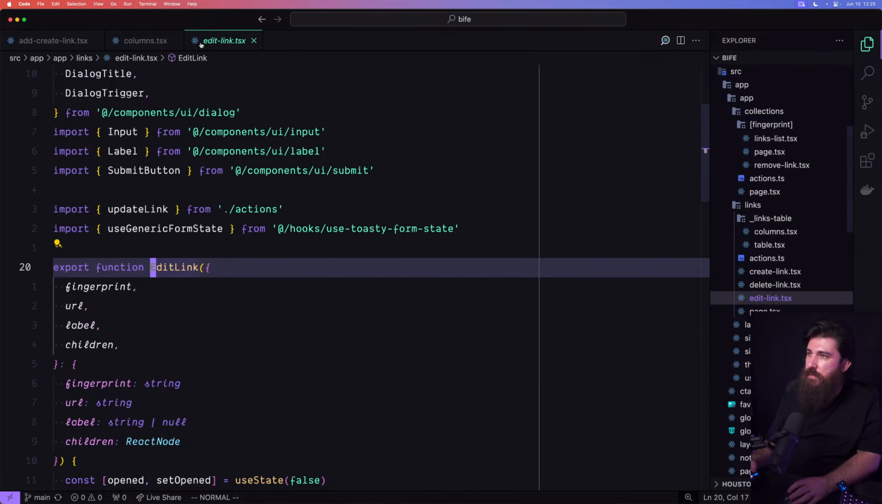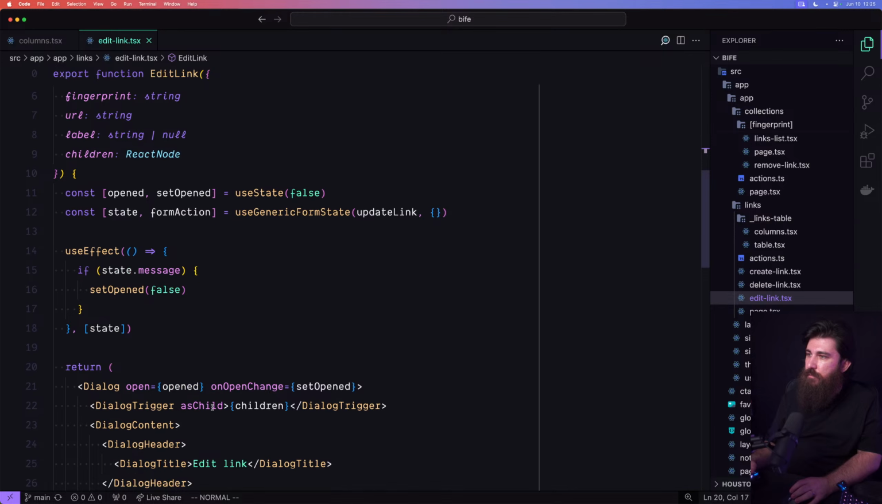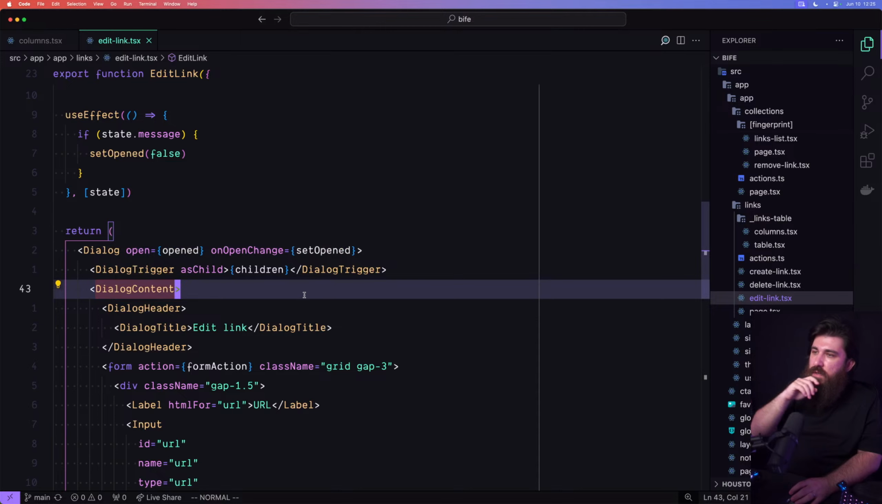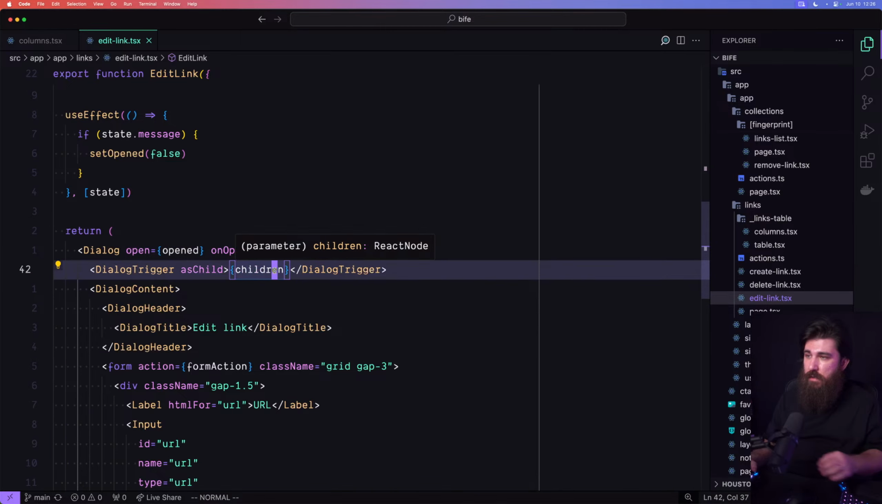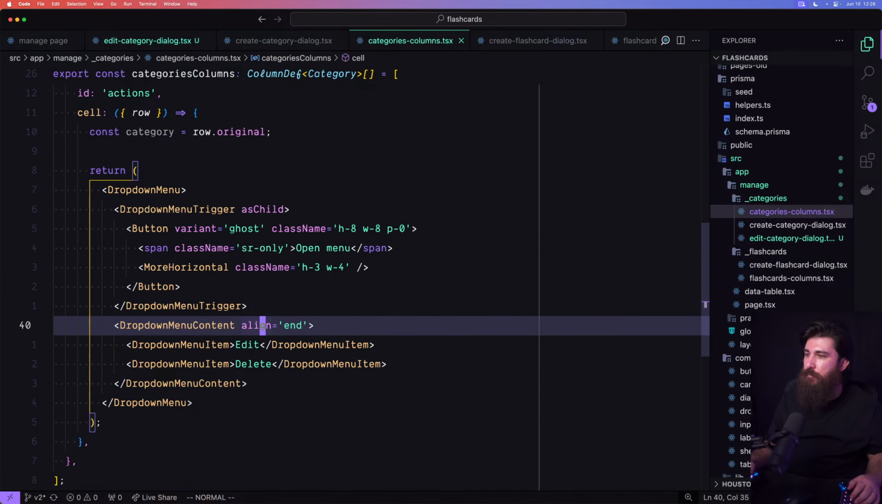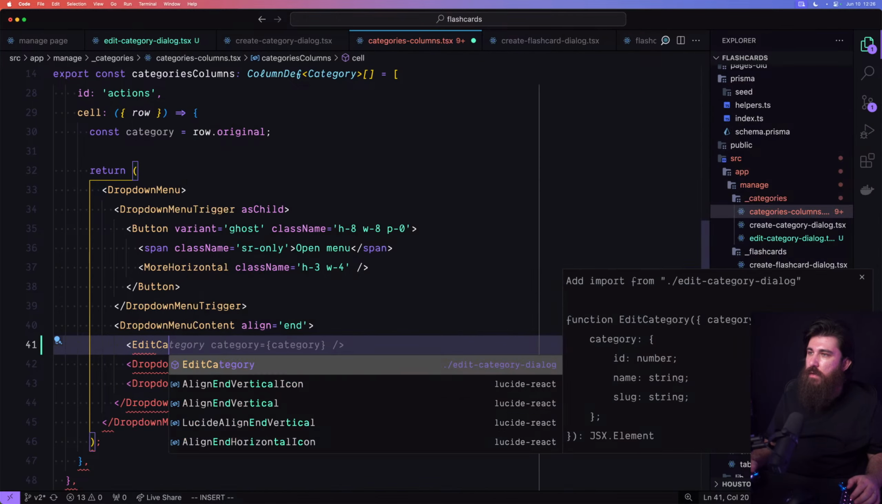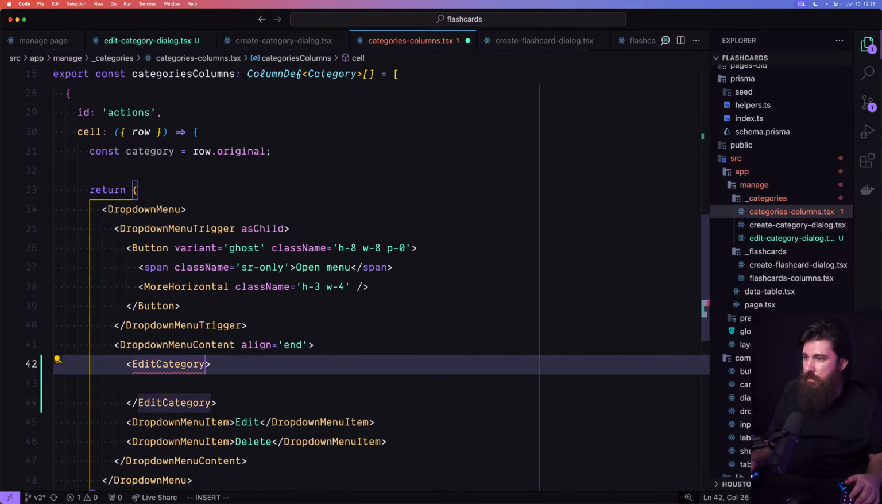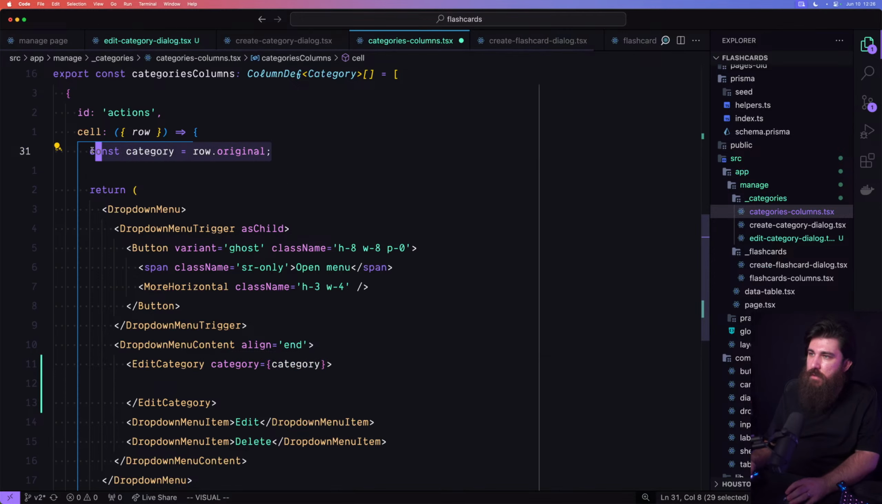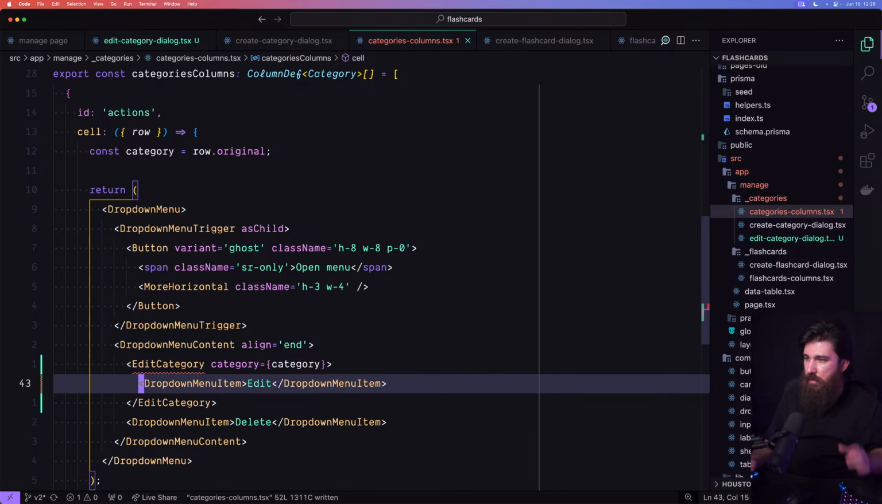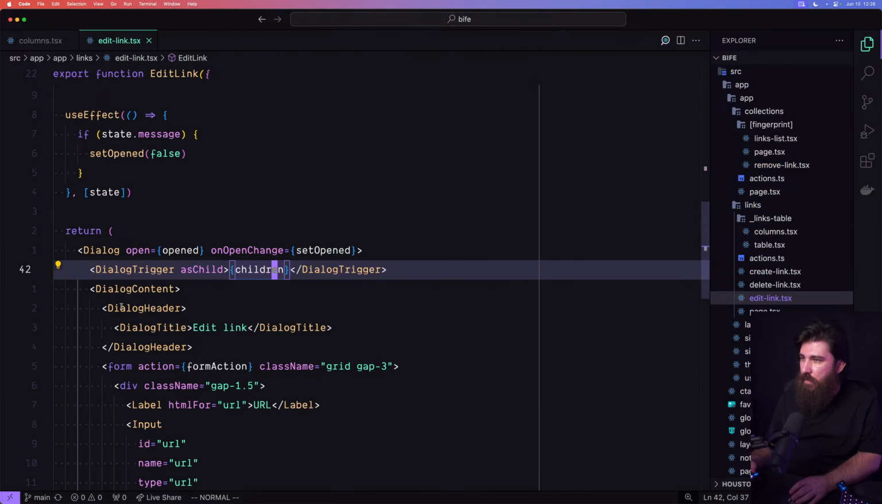And let's see how that one is defined. Yeah, here's the dialog. We're doing this automatically. The trigger is defined as a child. So let's do that here, right? Edit category. There we go. We want to do category equals, and we already have the category up here from the row.original. And then we'll put this inside. It's going to complain because there is no children defined. But drop down menu item